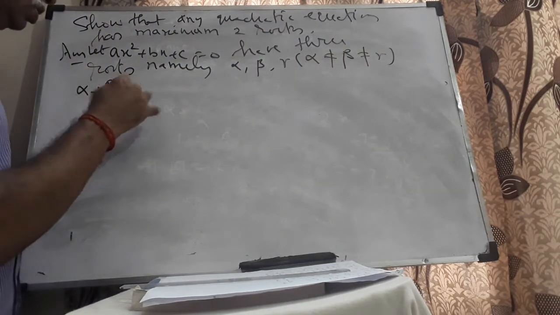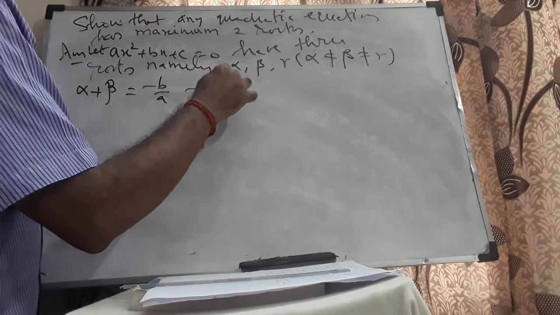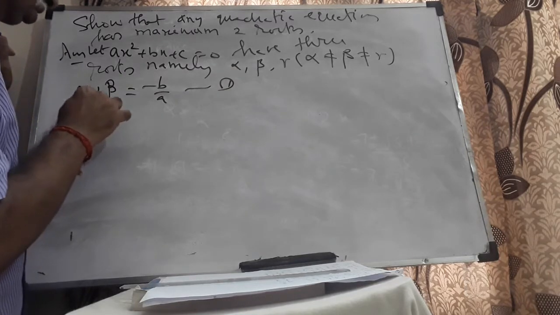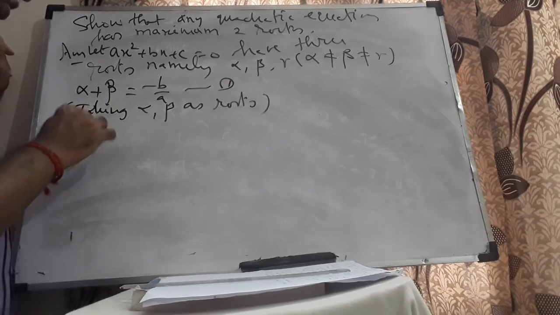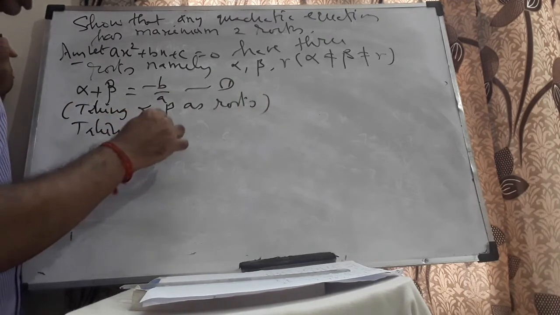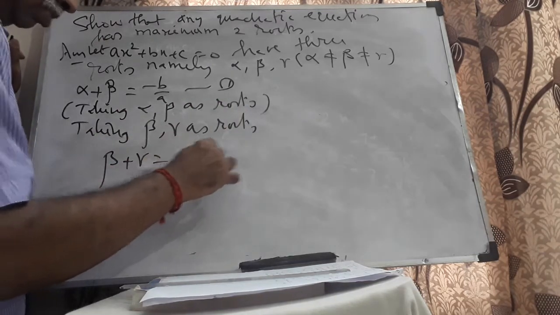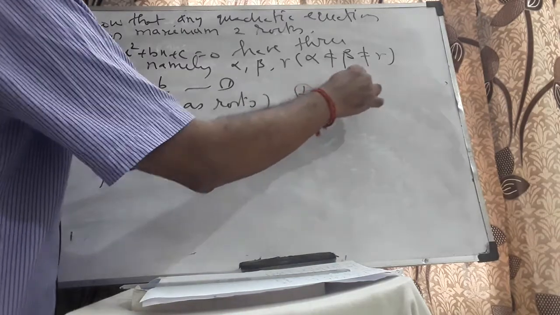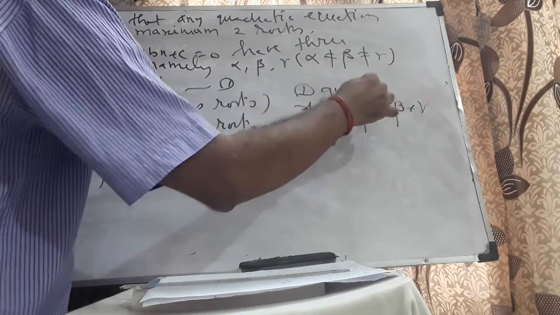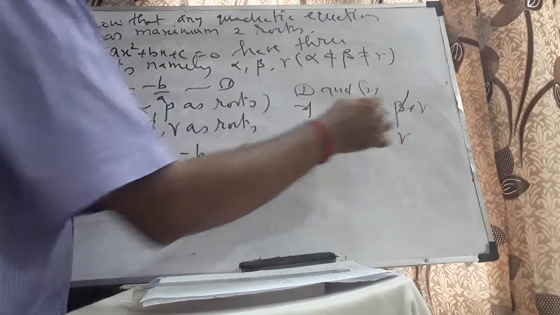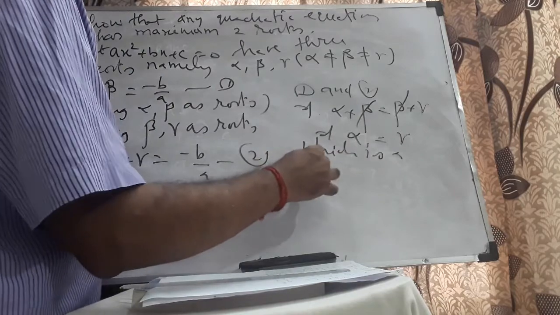Now alpha plus beta is equal to minus b by a, taking alpha beta as roots. Taking beta gamma as roots, beta plus gamma is equal to minus b by a. Now 1 and 2 will imply alpha plus beta is equal to beta plus gamma, which implies alpha is equal to gamma, which is a contradiction